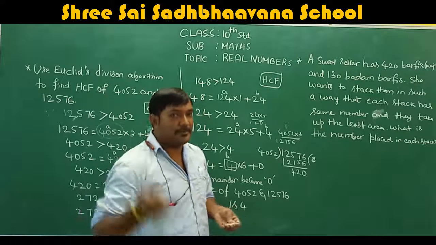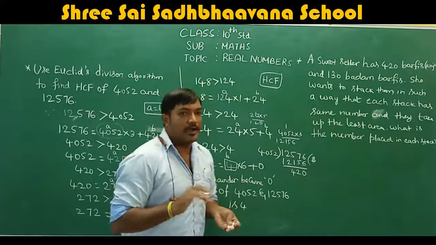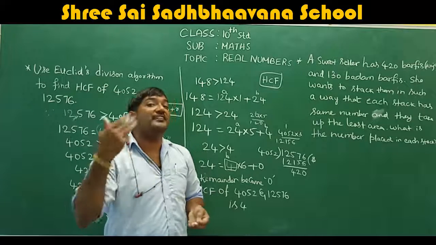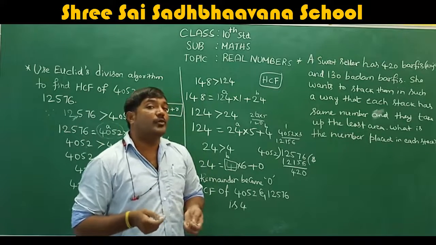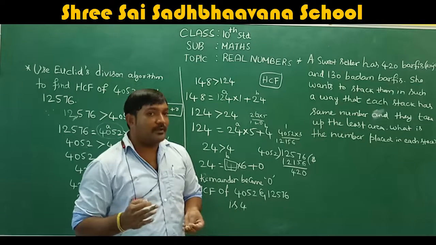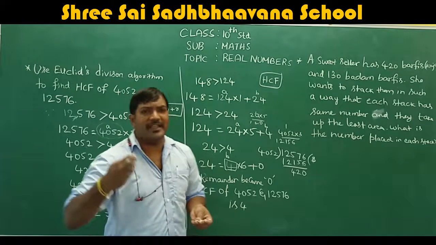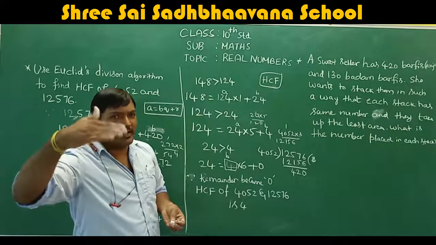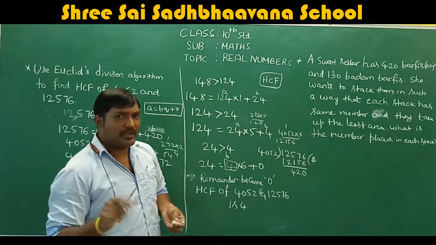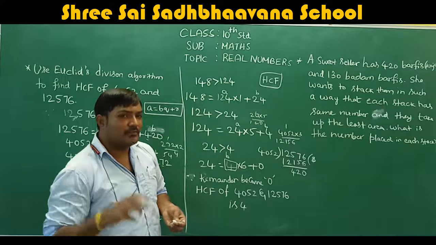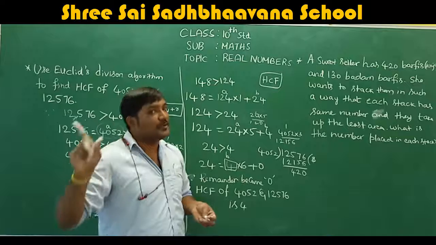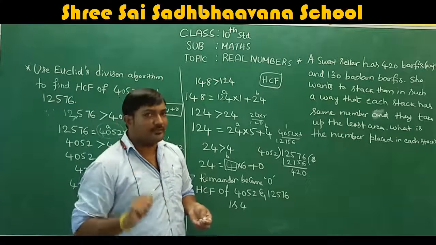Correct. I'll give an example. 100 people are there. In how many ways can you arrange the 100 people? You can arrange 100 people in different ways. You can arrange five people in each row. How many rows will it take? If you arrange 5 people in one row, you have to make 20 rows. Correct? That is also possible.